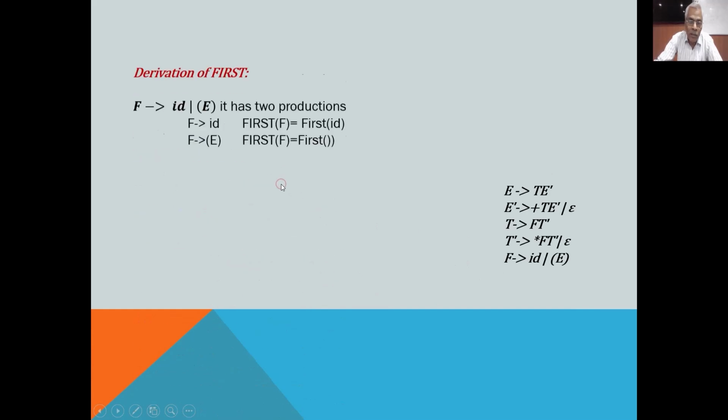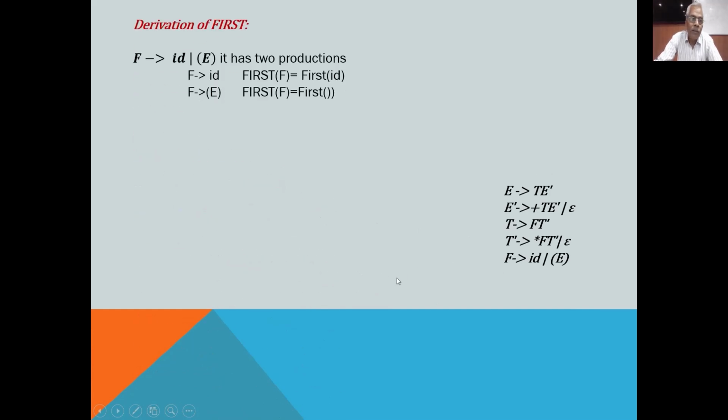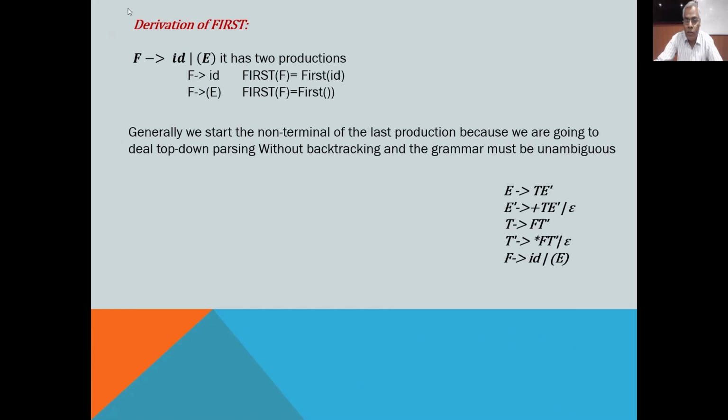This is our given grammar, and from this grammar we will find the first of all non-terminals. Generally we start with the non-terminal of the last production because we are dealing with top-down parsing without backtracking, and the grammar must be unambiguous. So to find the first in this grammar, we start from the last production, F to ID